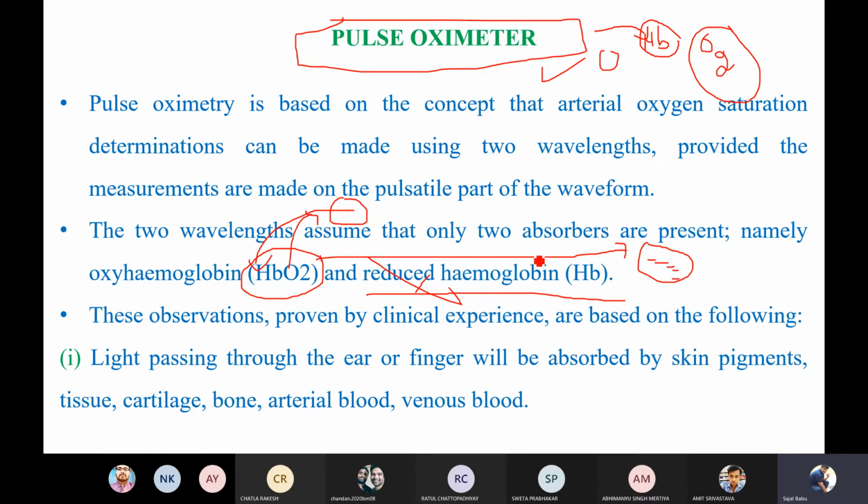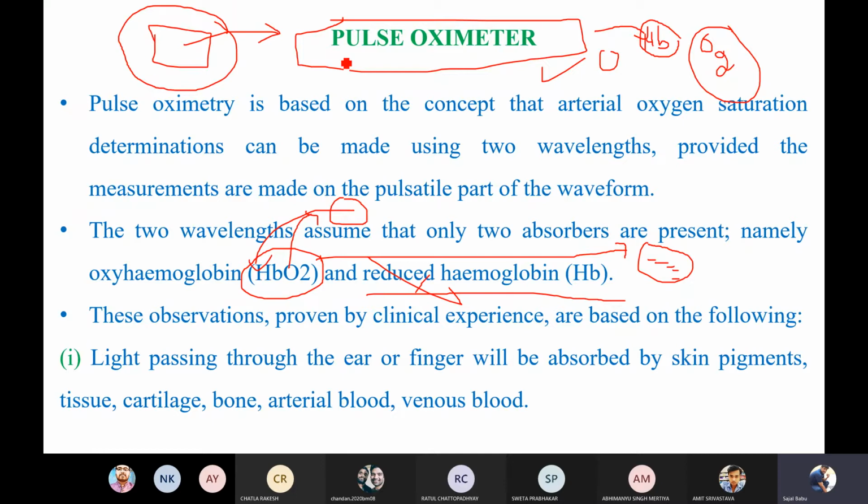That means if you want to measure the oxygen saturation, how much oxygen is present in your body, then it is very clear that you should measure the oxygen saturation in your blood, right? Because the blood is ultimately going to provide the oxygen to different tissues of your body. So if you are able to record the oxygen saturation levels in that blood, then it will definitely represent how much oxygen is being supplied to your body, right?